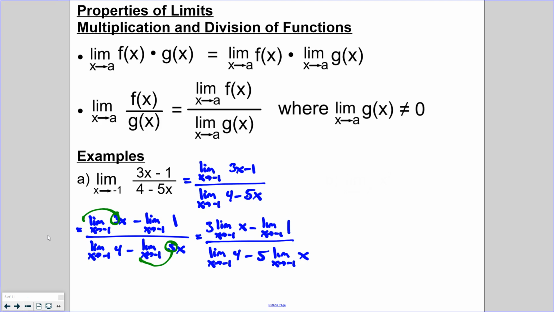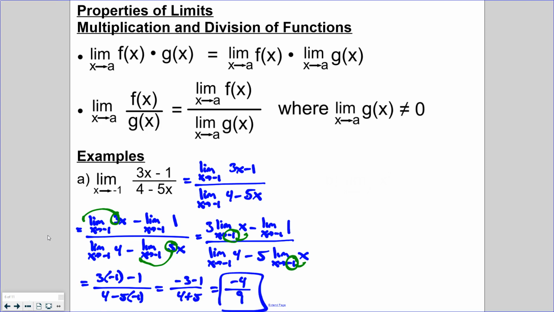And then from here we can do the direct substitution with the x variables, and we know the limit of a constant is a constant, so this is going to leave us with 3 times -1 minus 1 all over 4 minus 5 times -1, which will be -3 minus 1 over 4 plus 5, giving us -4 over 9